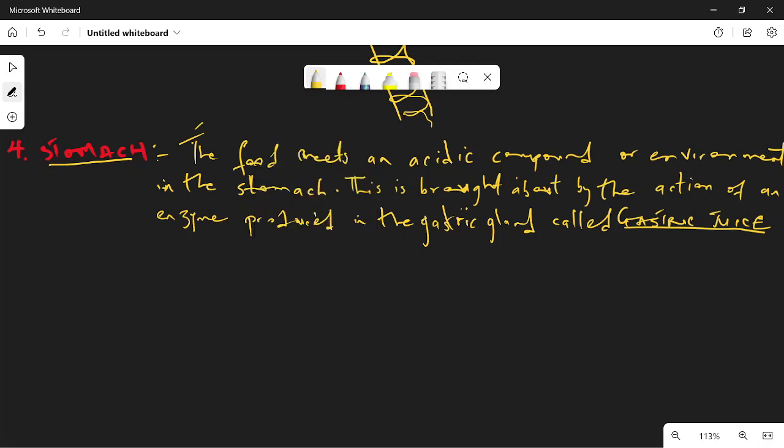So it makes it possible for the food to get into the stomach, meeting an acidic nature. Now there is a reason for that happening. There is a reason why the stomach experiences that nature, that medium. Why does it have that acidic medium? It is because the stomach, or our body, is trying to prevent the